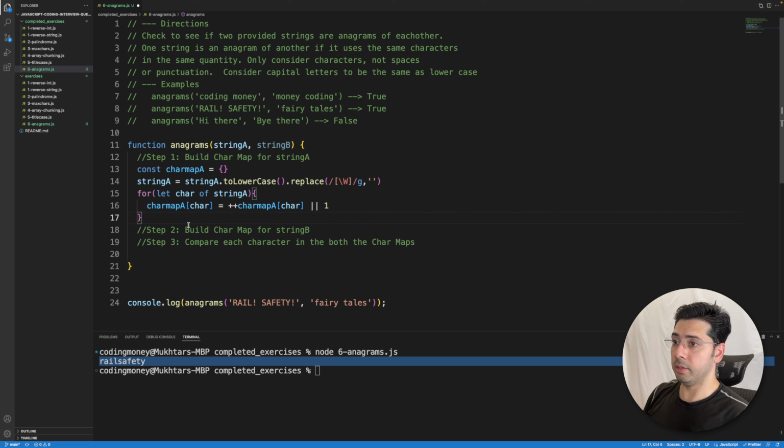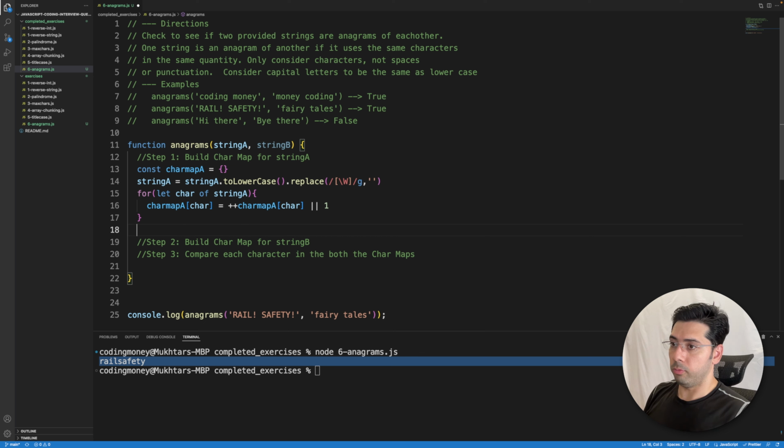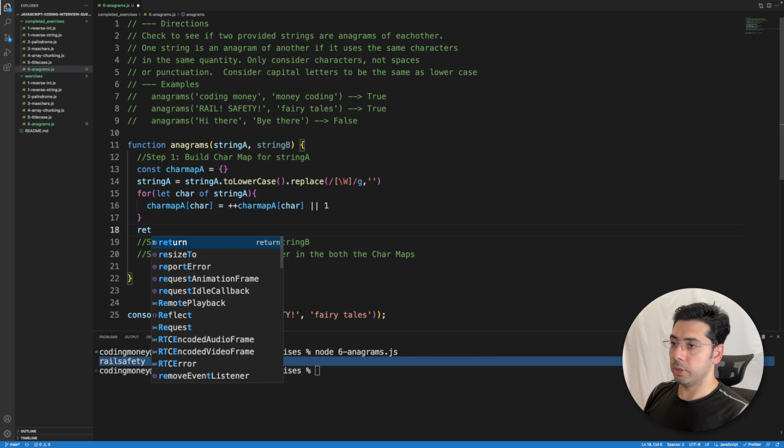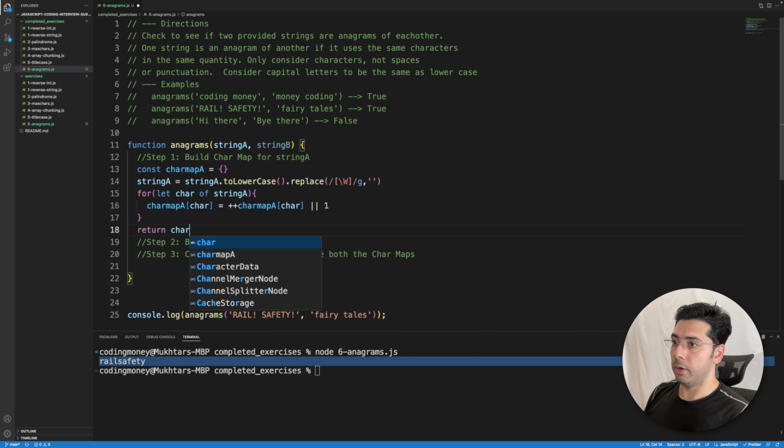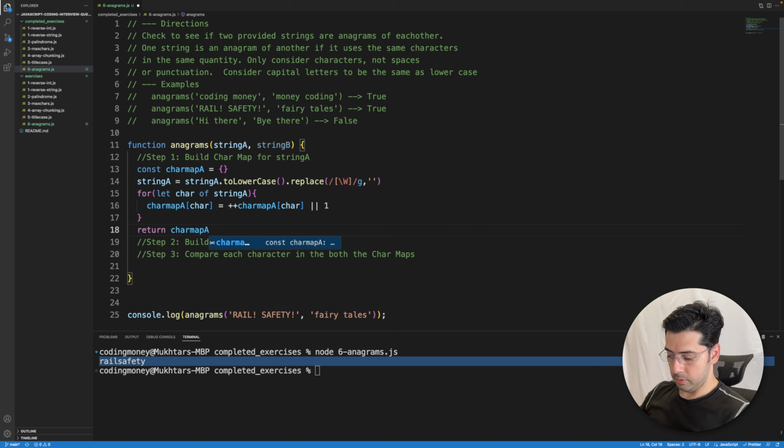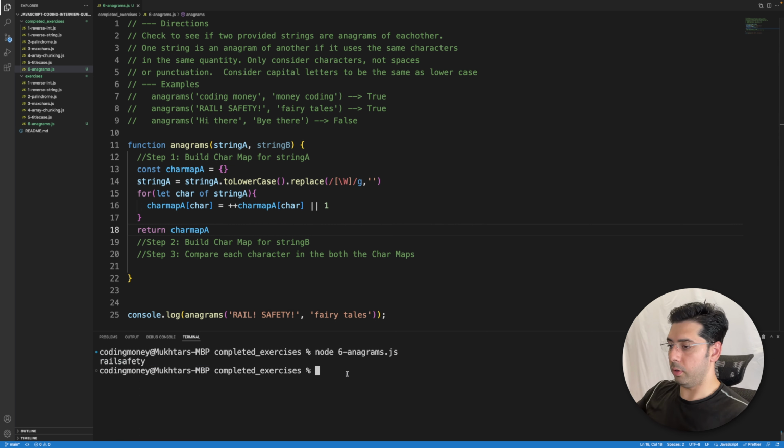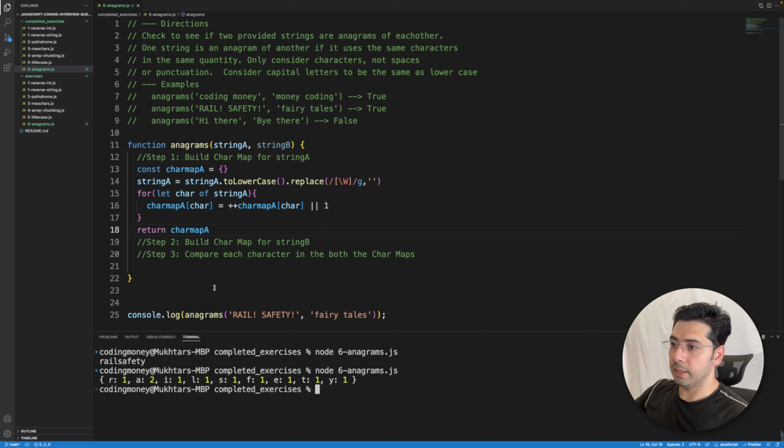Let me return it to see the output of what we get here. So return charMapA, save and run. So you see we're getting the character map for string A. As you can see, it's counting each character. For example, we have 1 R, 2 A, 1 I, 1 L, and so on. So we created the character map